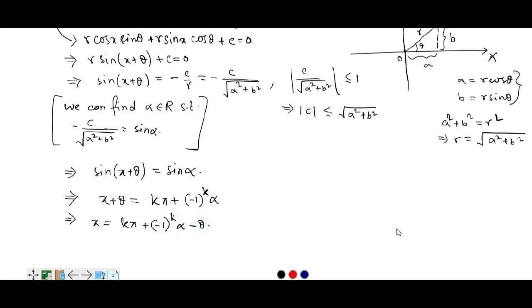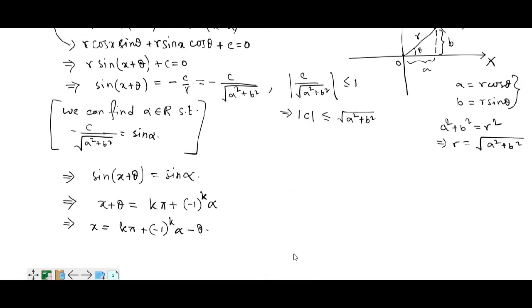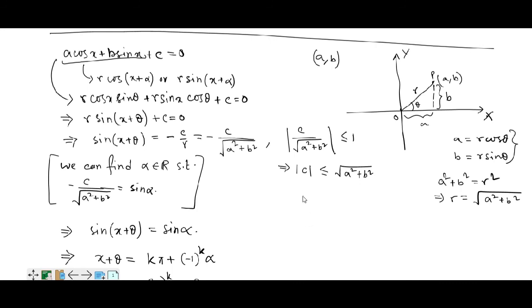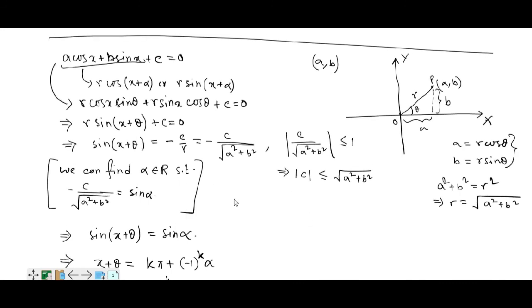Now in this kind of problems, usually the values of theta and alpha will be known because the values of a, b and c will be known. So from that we can put the values here for alpha and theta, and easily get the solutions. So this is the theoretical part of trigonometric equations. These are the important types of trigonometric equations. Using these we can solve the problems.